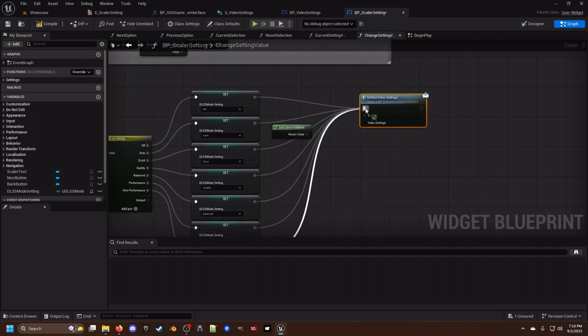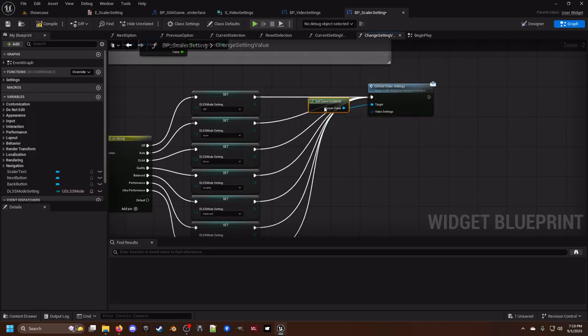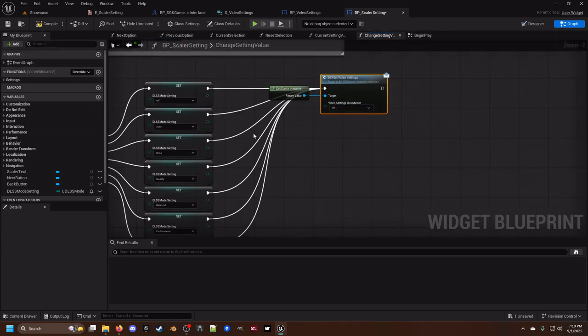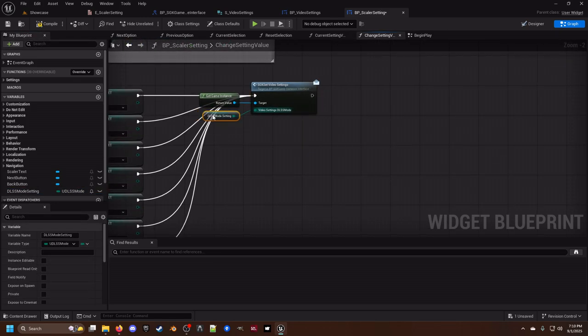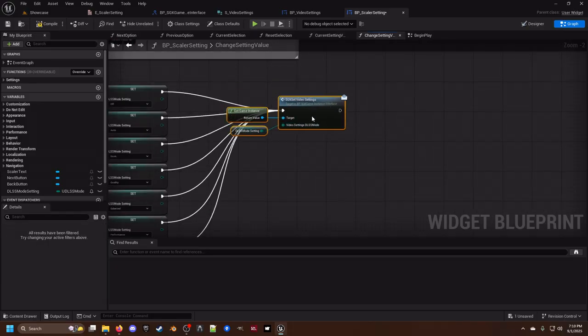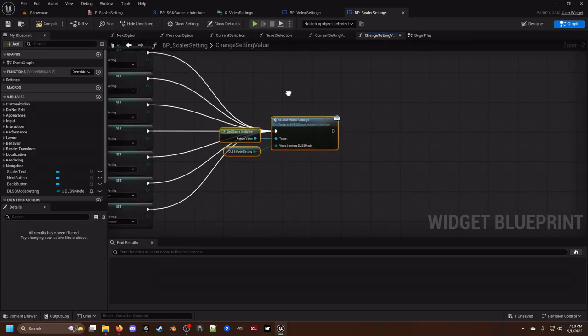And hook all these up. And then we can just split this for now because we only have our one setting and plug in our DLSS mode settings there. All right. So now that that's set up,